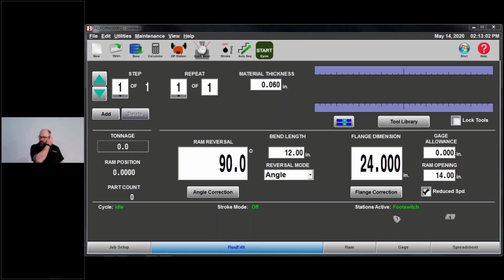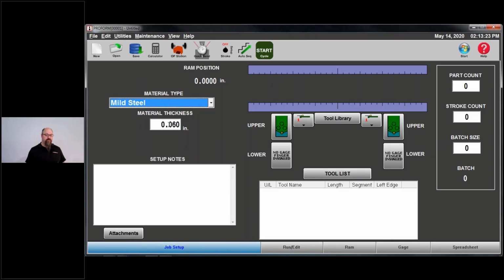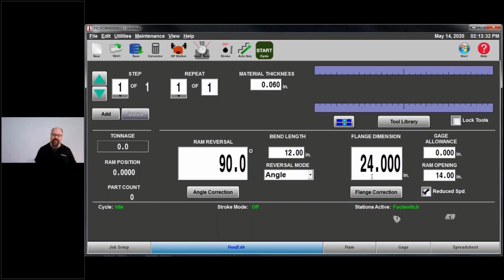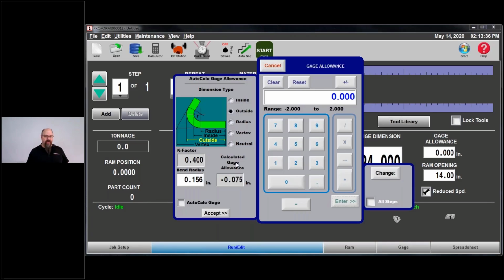With plastic, I don't think this is going to work for you, but there is a gauge allowance function in our software. If you look at my screen here, you can see to the right side, I have a gauge allowance window. Currently it's set to 0, and I don't have a material type. I have a thickness, but I don't have tools selected. The tool selection will be a huge part of that gauge allowance calculation. So I don't have tools selected, so it's not going to give me an accurate calculated gauge allowance.